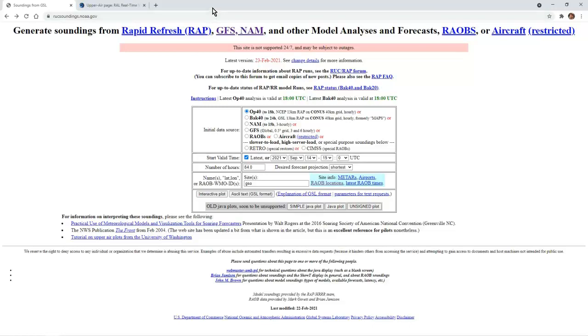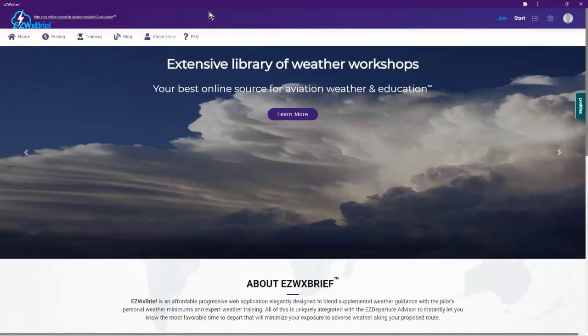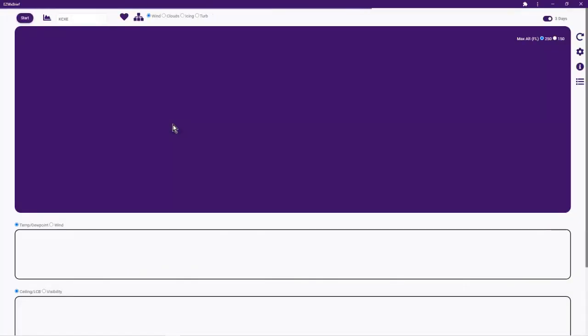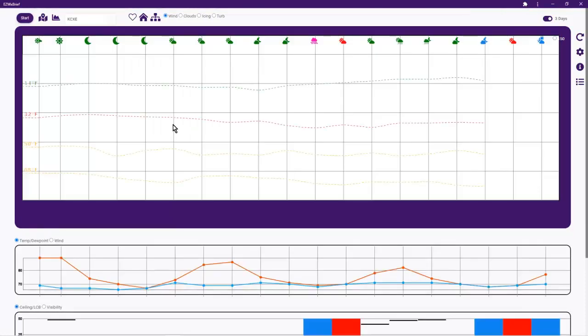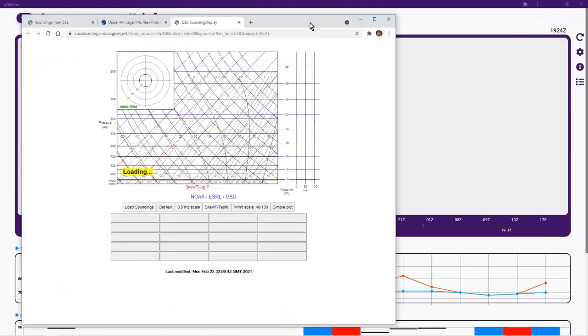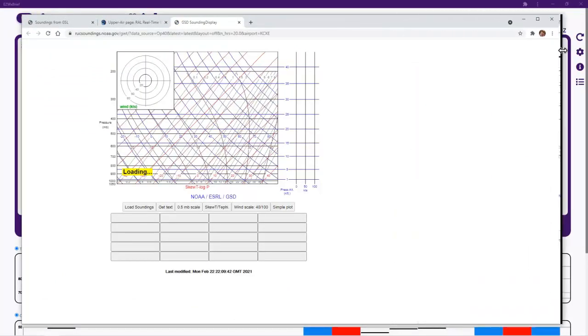Now in Easy Weather Brief, I'll briefly talk about that. Basically, to get to the Skew-T diagram, I've made it possible. So if you go to Start and you go to View Airport Weather, what you'll see in the airport page here is this kind of hierarchical symbol icon, and in there you'll see Skew-T diagram. And what that'll do is open up a separate new web browser